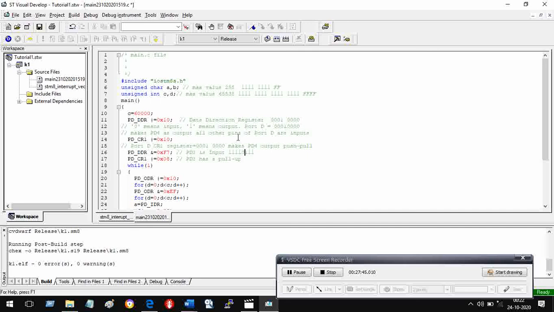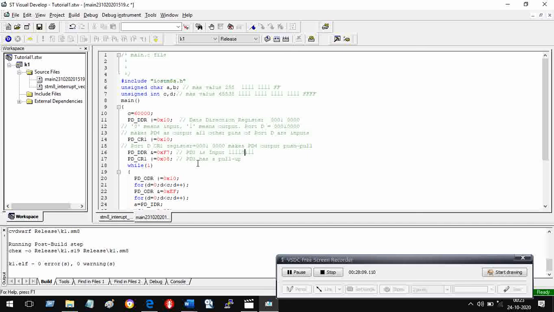So when you want to ensure that a particular bit is 1, you OR that position with 1. When you want to ensure that a particular bit becomes 0, you AND that position with a 0. That is what we had done. 1, 1, 1, 1, 0. This 0 is what I wanted. This is our PD3. So it becomes an input port.